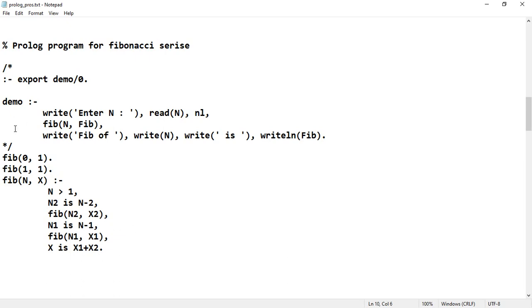So this is the way we structure recursive functions in a Prolog program.